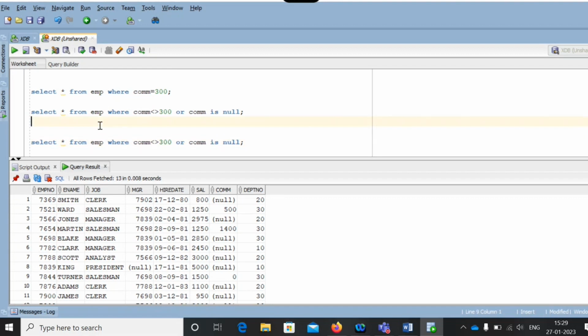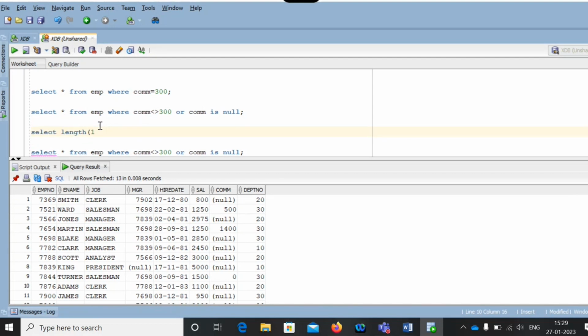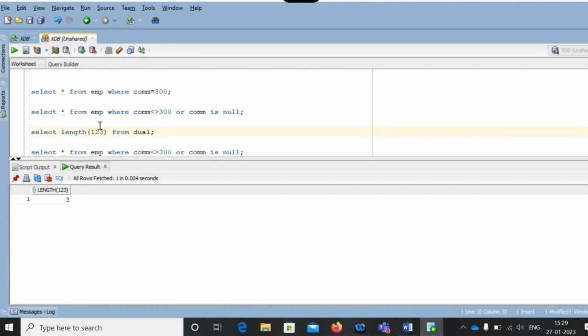So just as we have the LENGTH function, length of 1, 2, 3 from dual, in the same way we have the function NVL. NVL is the function where we have null values, and I'm going to replace them with a not null value. So 1, 2, 3 is a value. If you have any not null value in that, I'm mentioning simply 1. See, instead of 1, 2, 3, I'm mentioning null. I will get the difference, 1.